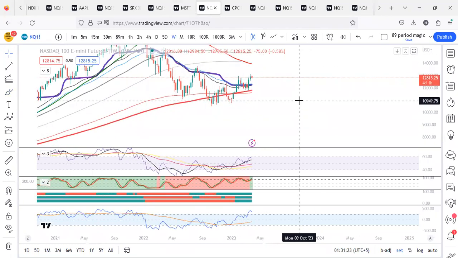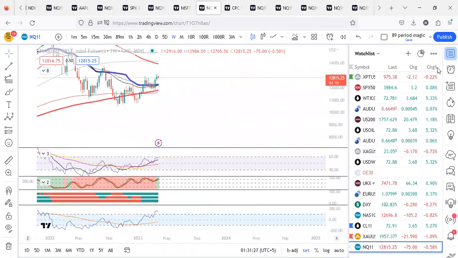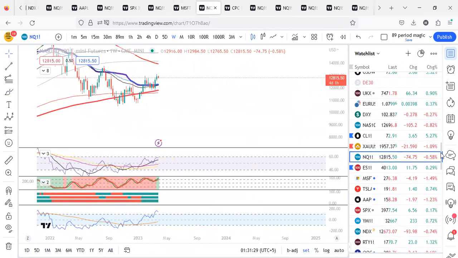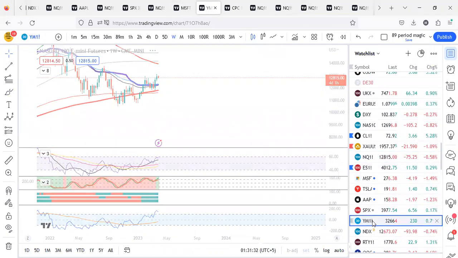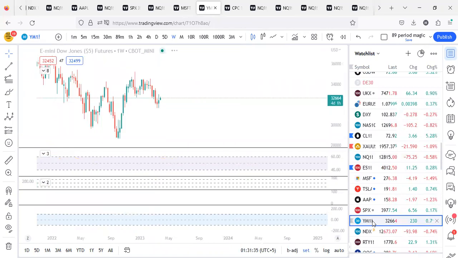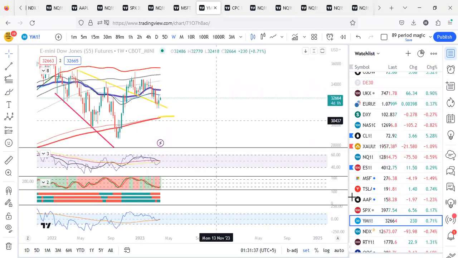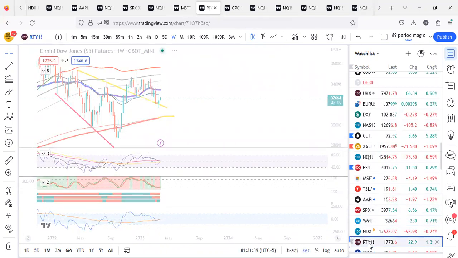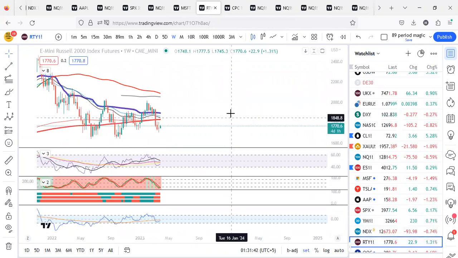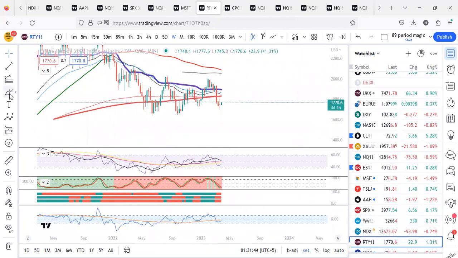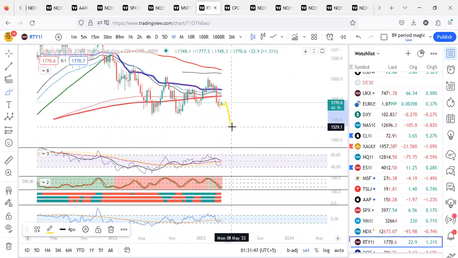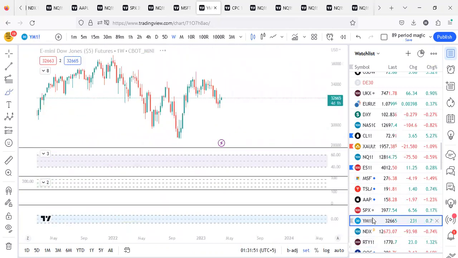odd man out. Why? Because all of the indices are showing something else. All of the indices are showing weaknesses. For example, let's pull YM. YM is showing weakness. Russell, it's showing weakness. Russell is a clear bear flag, and it should go down. This is a YM,